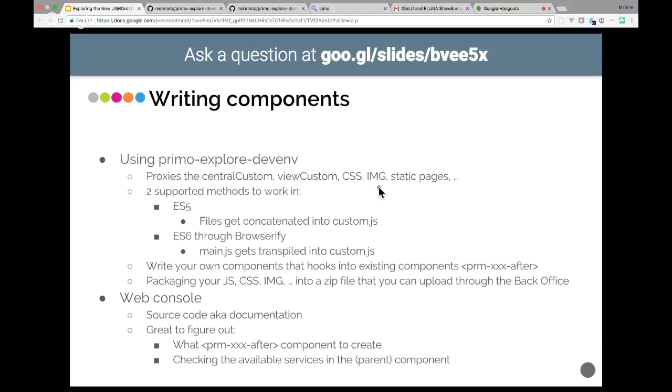And then there's another way, ES6, my preference by the way, which uses Browserify. And what they do is they take a main.js file and they transpile it into a custom JS file. So we will have examples of both of them. And these two methods give you the possibility to create your own components and hook them into existing